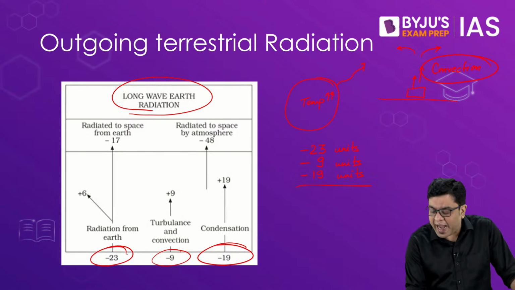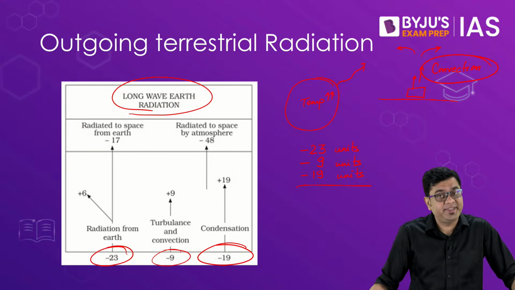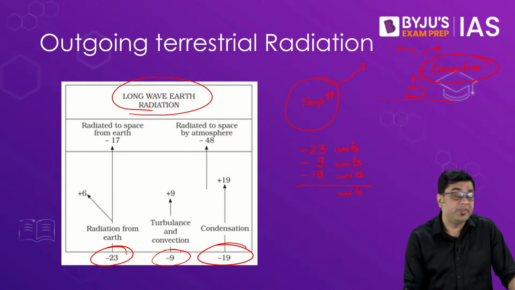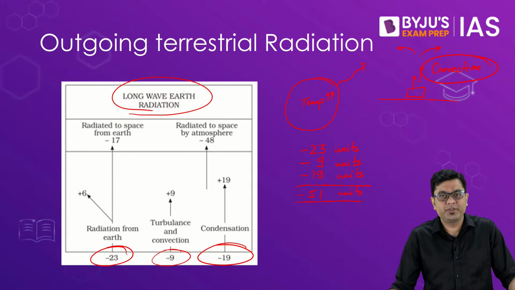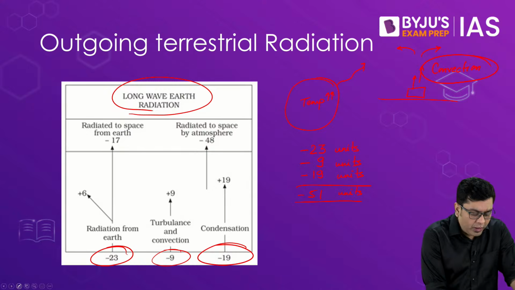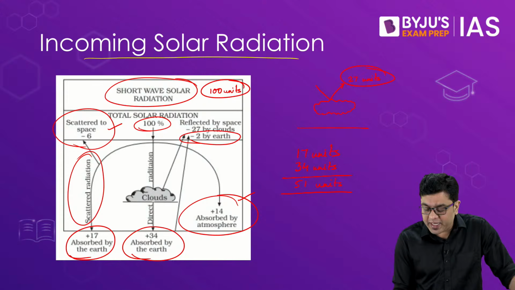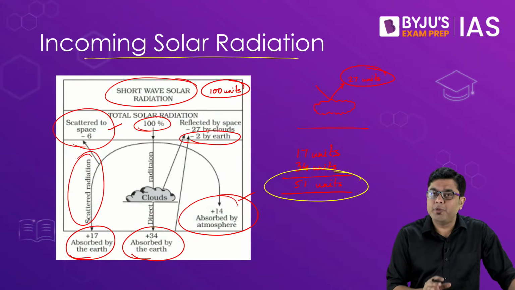Now, if you add up all these units by which the planet loses its heat, you will come across a remarkable number, and that is, if you add it up, you again come across 51 units. So overall, what have we observed is that of the incoming solar insolation, around 51 units reach the surface and end up heating the surface.